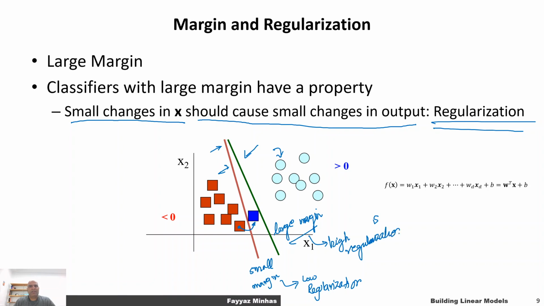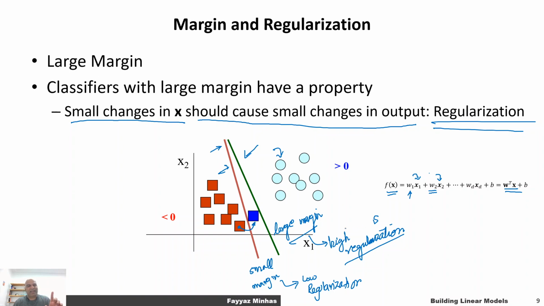For a linear classifier, it's really easy for us to understand what regularization means. Remember, a linear classifier produces its output by multiplying each feature x1, let's say, with a corresponding weight w1, and adding it to the product of weight w2 with feature x2, and so on. Or in other words, we take the dot product. That means if the weight of a particular feature, let's say w2, is large, then a small change in this feature is going to produce a large change in the output f of x. I hope you're able to understand that. It's just proportionality. A small change in x2, given that w2 is large, is going to produce a large change in f of x. So that means in order to enforce regularization, which we want, because we want robustness and because we want large margin, we want these weights to be